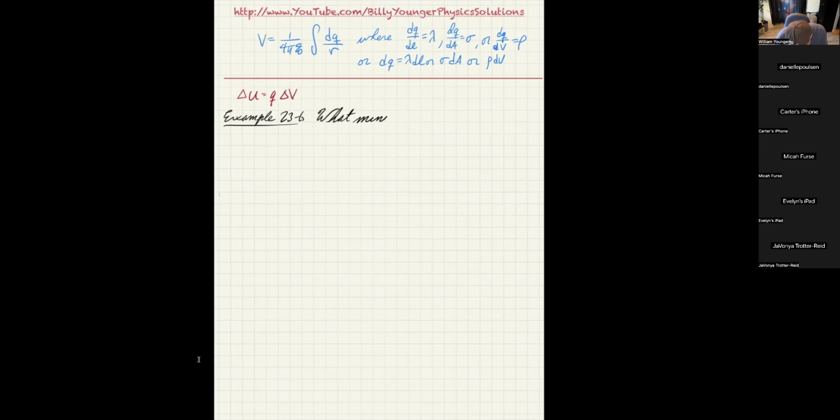minimum work is required to bring a q equal, I'm going to say 5.00 microcoulomb. Notice I'm making up sort of my own problem. To bring a q equal 5.00 microcoulomb from r approaching infinity to r equals 0.750 meters, so 75 centimeters basically,